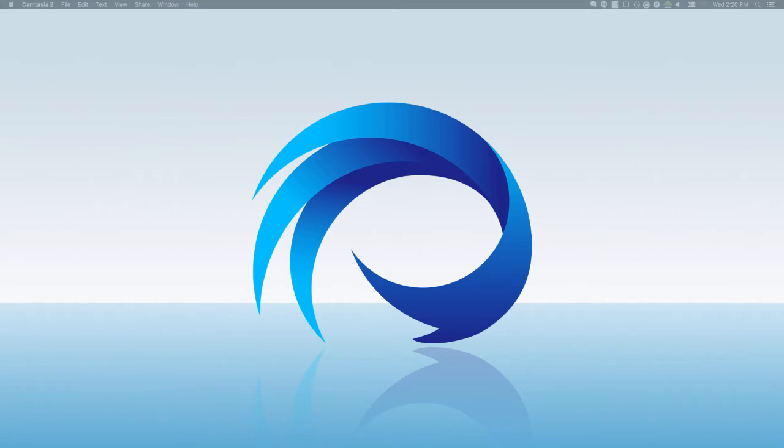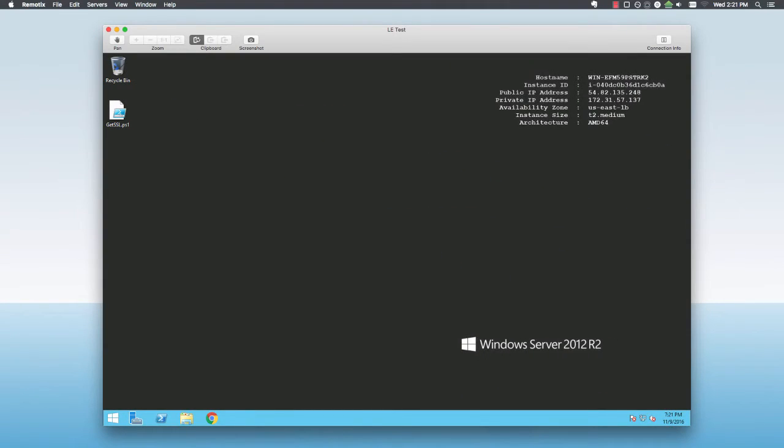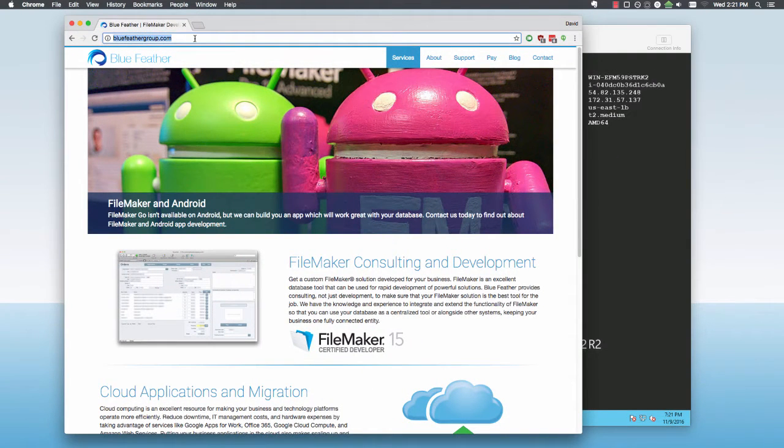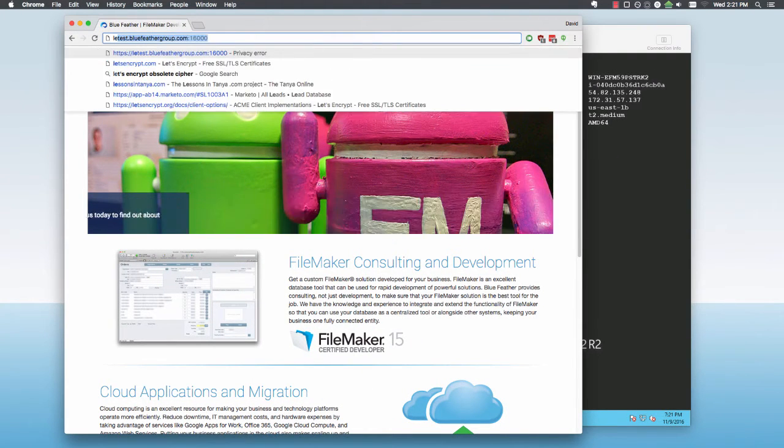I've created a brand new FileMaker server deployment on a Windows Server 2012 R2 server using Amazon's EC2 service. This is a pretty fresh deployment on here. I've just got the FileMaker server up and running. If I open up a browser here, I can show you that this is available at